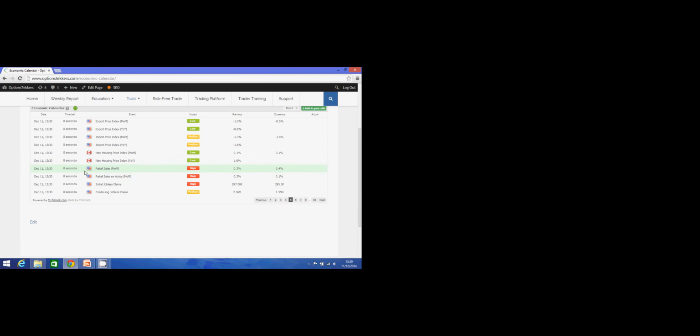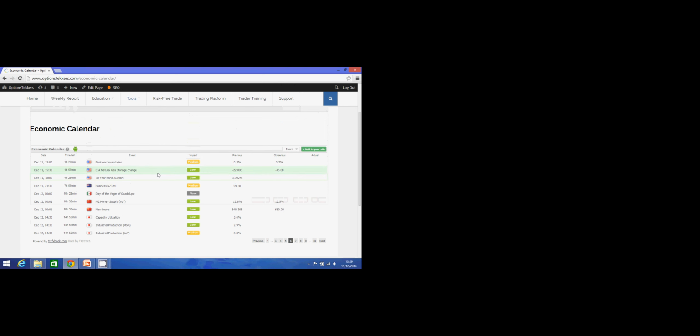Let's have a look. We've got some retail sales from the US and job sales from the US coming out shortly. The ones that you really want to be using are going to be central bank rate decisions and the non-farm payrolls job report out of the US. So let's just say, for the purposes of this demonstration, that the non-farm payroll report is coming out of the US. It's coming out at 1:30, first Friday of every month, and